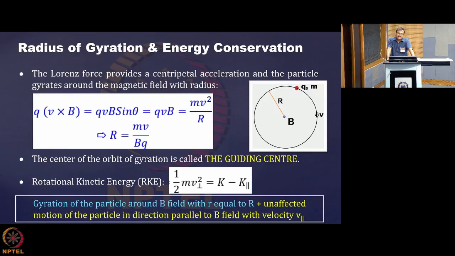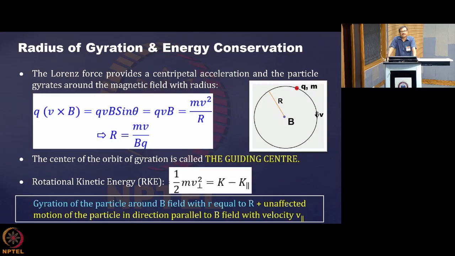So what is that? This is inversely proportional to the magnetic field, and it is proportional to the velocity. So what is the radius? The radius becomes more when your velocity is more for a given magnetic field, but for a given velocity, if you are increasing the magnetic field, it will rotate in a tighter and tighter orbit. Because B increases, R decreases. So you are getting the radius reduced.